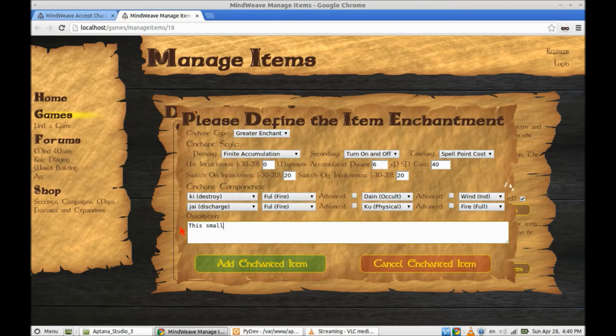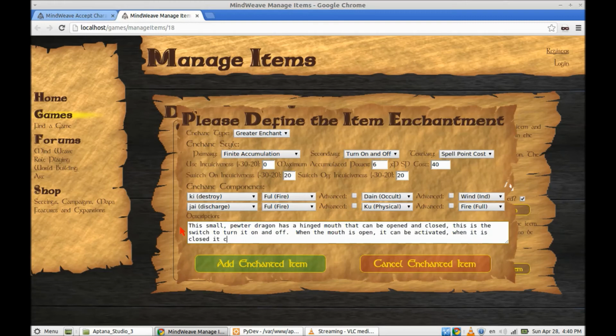I'm going to type up the description here, and this is where you're going to see the intuitiveness values come in. I'm going to give this dragon a little hinge on its mouth that makes it so you can open and close the mouth, and that'll be a fairly obvious way to turn the dragon on and off, making it intuitive for anybody with Understand Artifact to just look at it and go, oh yeah, I can turn this on and off by opening and closing the mouth. But actually using it to spray fire all over your enemies is going to be a little bit more complicated. To activate it,